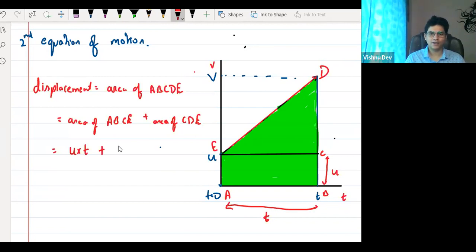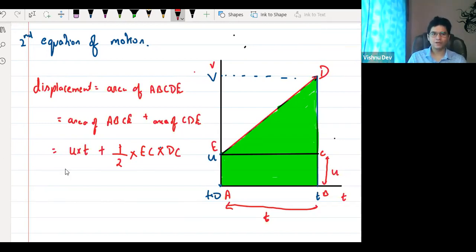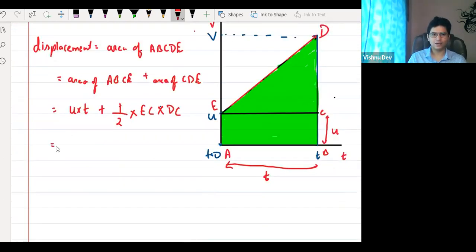And what is the area of a triangle? The area of a triangle is half into base into height. Base is EC, and height is BC. Anyone have any doubt in this? Step by step. The base can be T also. Yes, it will be T. We will write it, it will be T only. So can I say, sir, this is equal to UT, write that UT, plus half into EC, which is T, into